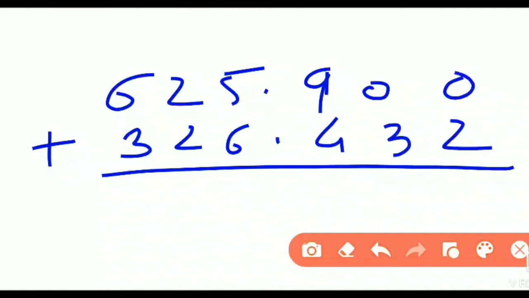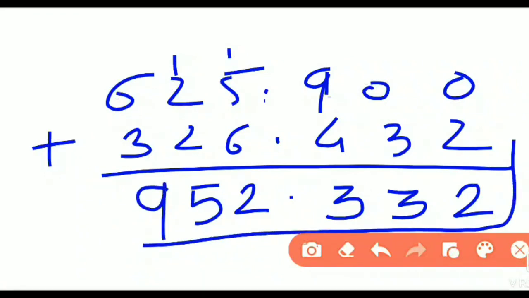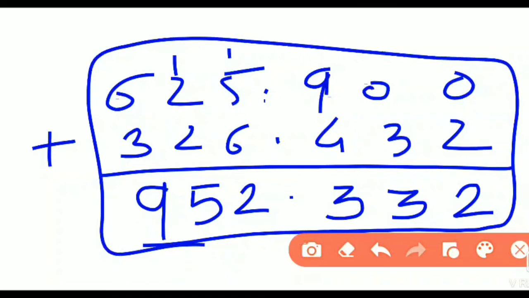If I am not giving, so 0 plus 2 is 2. 0 plus 3 is 3. 9 plus 4 is equal to how much? 13. Then the point here, right? This is a point, that is a point, the point below the point. So 6 plus 6 is equal to 12, 1 carry, 2, 3, 4, 5. So here it is 5, and here 6 plus 3 is equal to 9. In this way, you have to solve these types of decimal fraction additions.